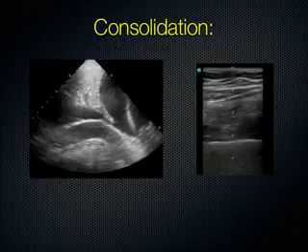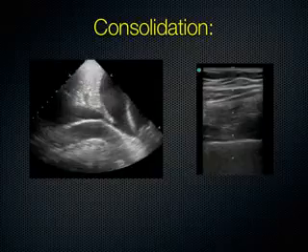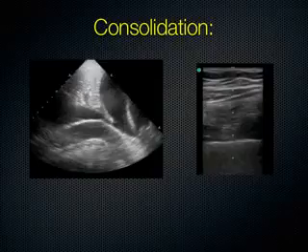Even when you use the higher frequency probe and you don't get that much of a picture of the lung, you can appreciate that even in just the 2 centimeters of lung you can see with the high frequency probe, it looks gray. Doesn't look black. And that's a consolidation. Again, normal lung, A lines, you don't really see the lung itself. You see the artifact as opposed to pneumonia, where you can see the lung, the bronchi, and it almost looks